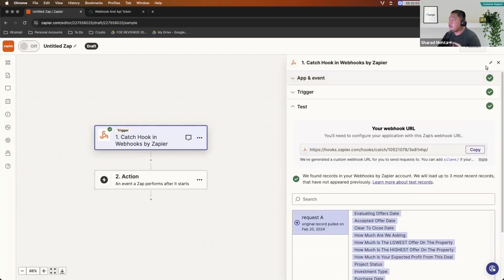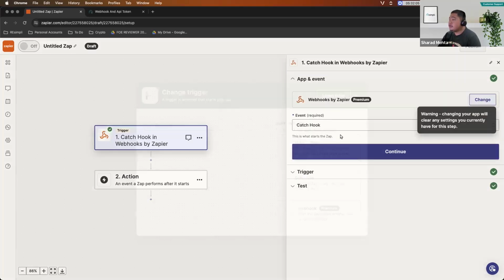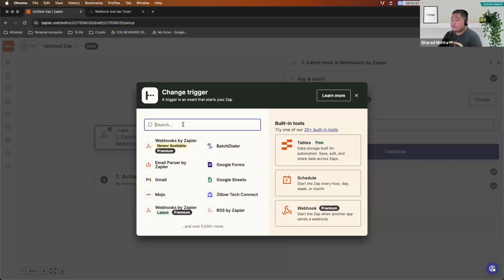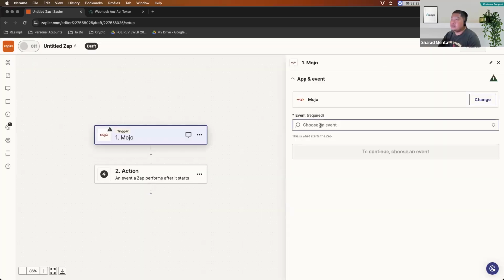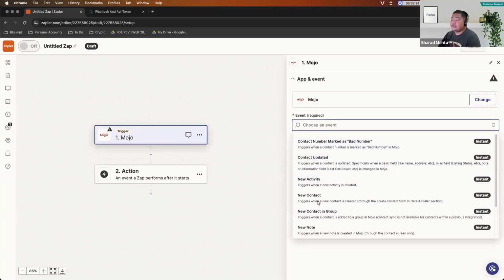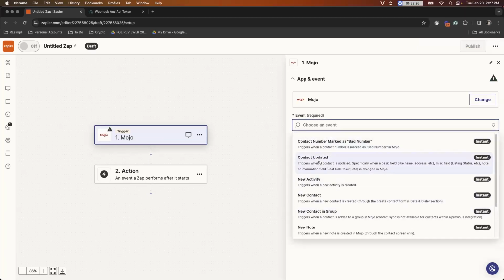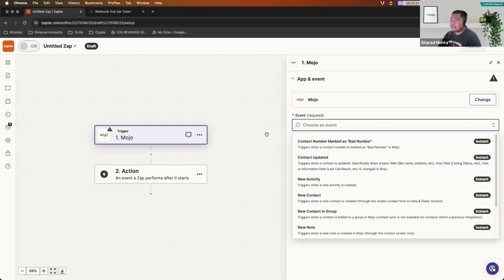So let me show you this. If I add Mojo right here, it will show me that Mojo also has available triggers within Zapier. So instead of just selecting Webhook, I can directly select Mojo and they will have available triggers right here. Okay, so there are instances like that, but most of the platforms that I've encountered so far, that is a